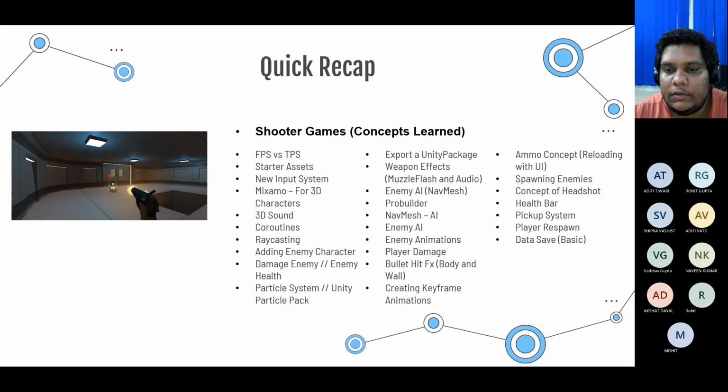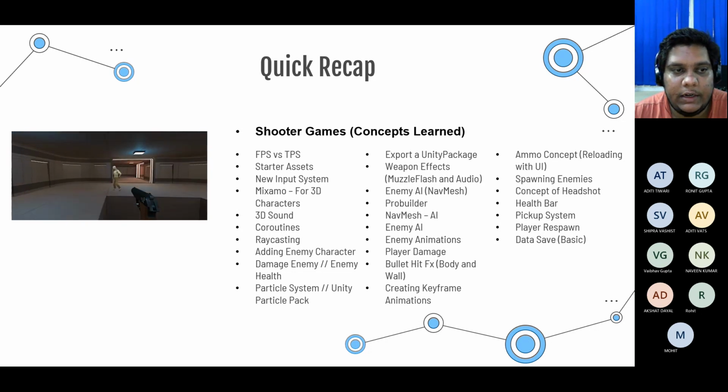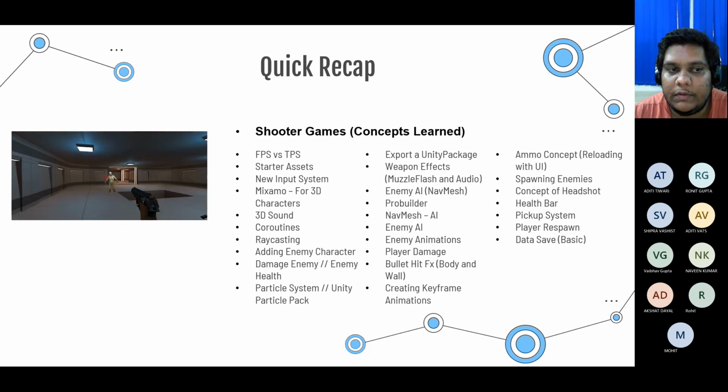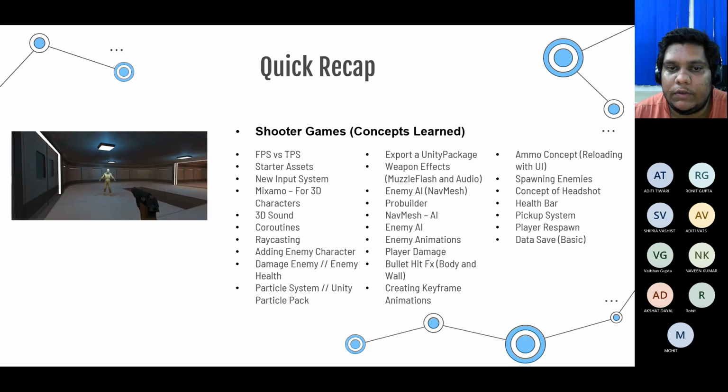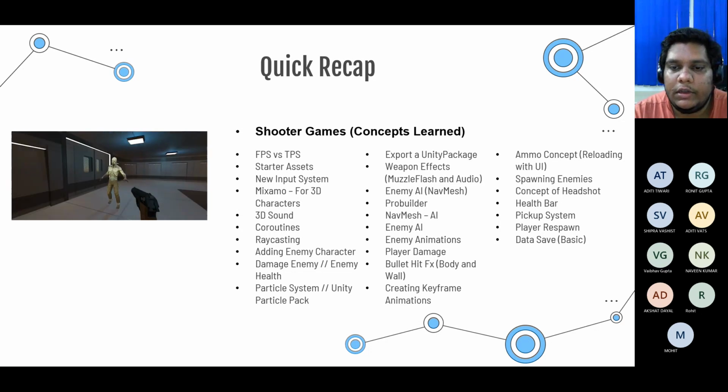So we learned a lot of things. Maybe it seemed like we are doing small things and building a small game, but if you look back, we have learned a lot of things.